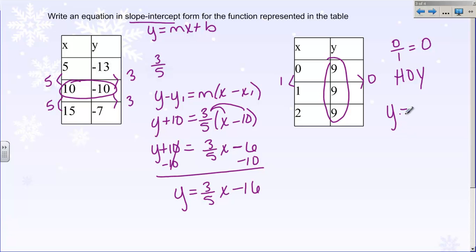So the equation of this line is just y equals 9. That's it. Yes, I promise. It's that simple. That's one of those gimme questions. Okay,